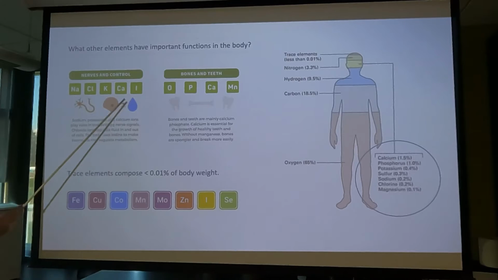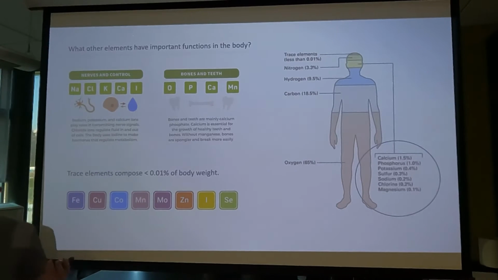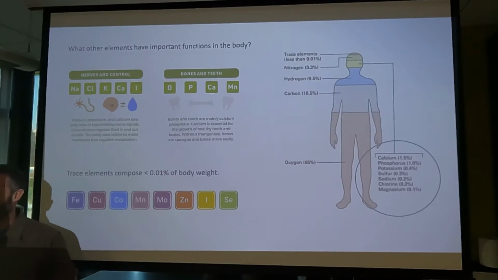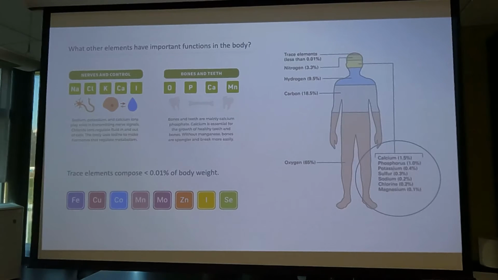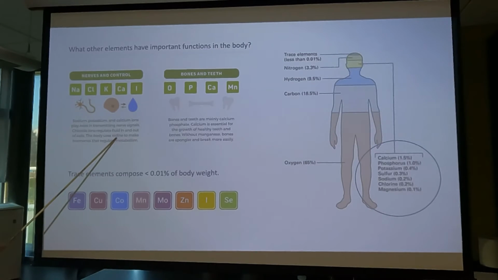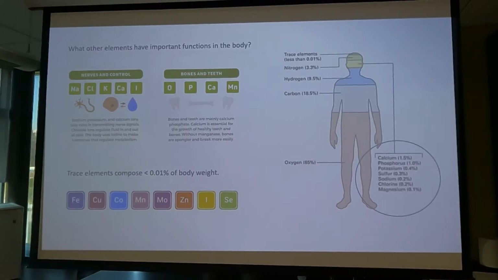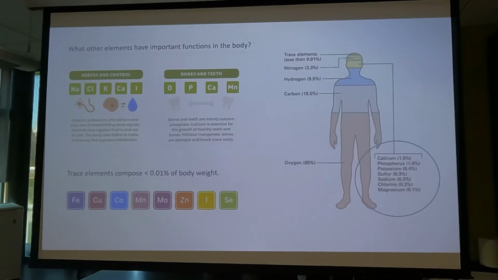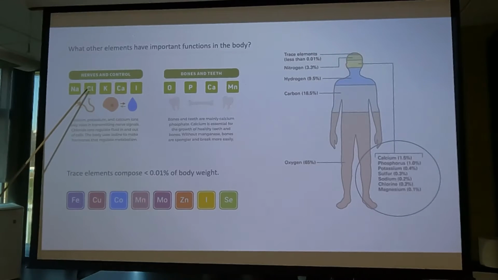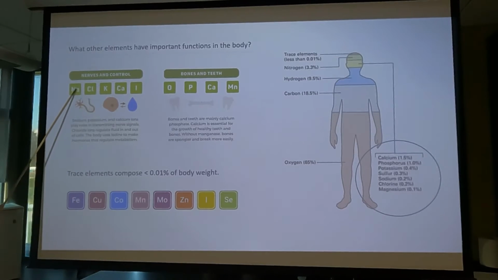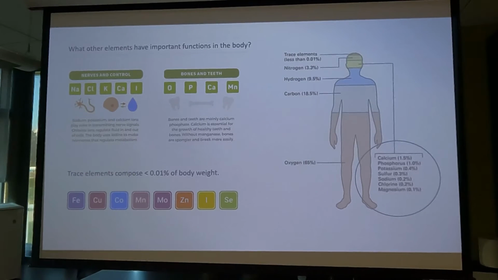I'm trying to think where iodine is required. It says it is, so I assume it is somewhere. I just can't think of where iodine is required by the nervous system. It's to make hormones that regulate metabolism. Oh, well, that kind of proves my point. It's required by the endocrine system to make thyroid hormone, which regulates metabolism, but I don't think it's directly required by the nervous system. So sodium, chloride, especially sodium, potassium, and calcium, are required for proper functioning of the nervous system.